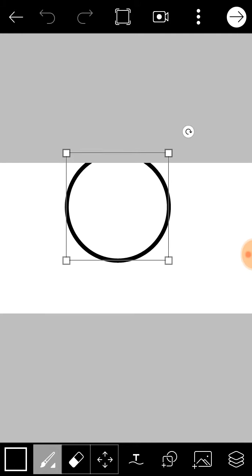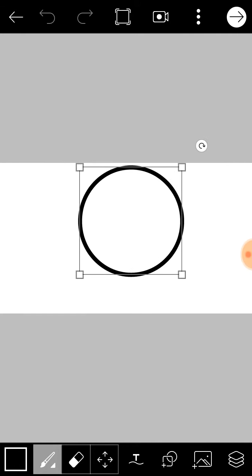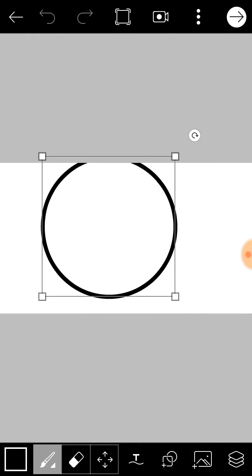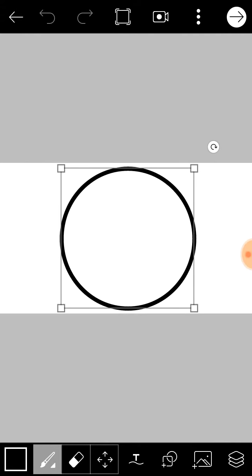You can also make a logo or some picture channel if you like. But I want to make a picture profile first. I don't want to make a logo. First you just take this